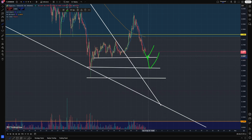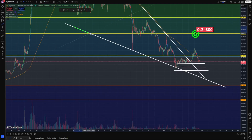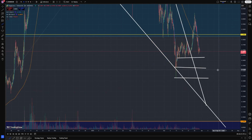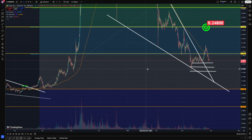If we break one of them, going to the next one, I'll start looking at the next one. If we break the next one, I'll look at the next one. If we break all of them and start coming down, I'll start looking at this support right here as well for a potential bounce. But in general, like I was saying, I've been watching, another part of my strategy is